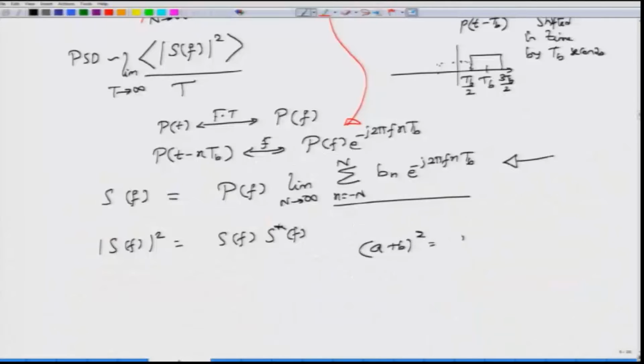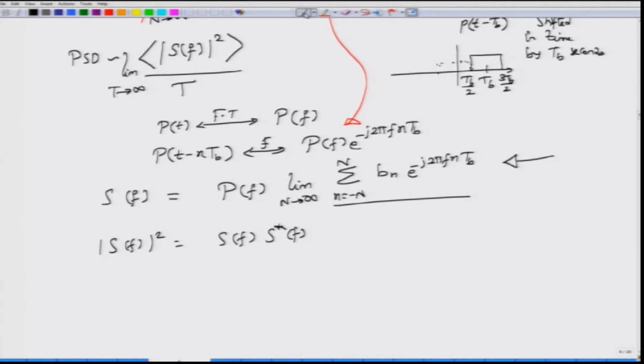You can write a plus b squared as a plus b and a plus b. This is square, not magnitude square, therefore, you just write the same thing twice, and this can be written as the sum of a_i, i equals 1 to 2, and this as a_j, j equals 1 to 2. Okay. So, using the same ideas we are going to write down S of f mod square